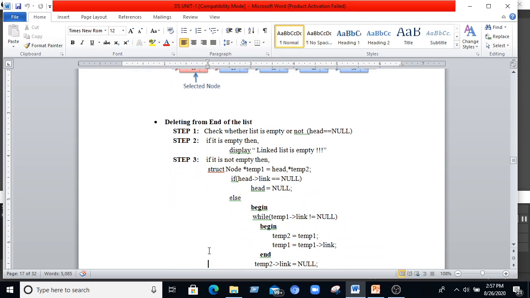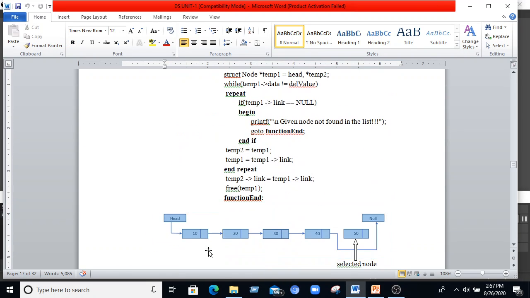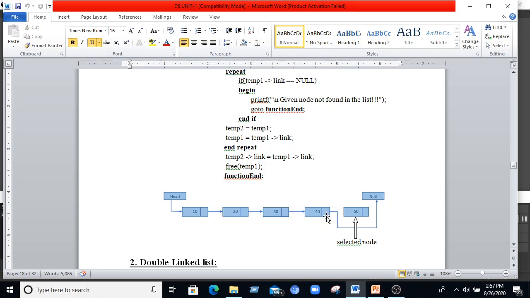At the end of the list also we'll follow the same thing. We'll place the null pointer over here. If we have 10, 20, 30, 40, 50 and null as the linked list, now we are removing the 50 node. We have selected node 50 to remove. Now we are removing the address of 50 and placing the null pointer in the 40. Then the deletion operation is done.